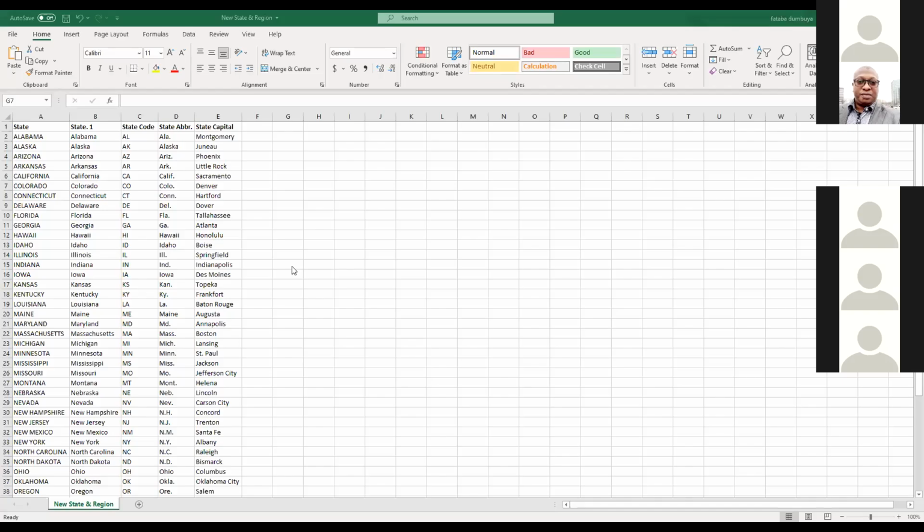Is this what you were referring to, Dada? Yeah, the other one that has a region. This one has a state, state code, abbreviation, state capital, fine. So the other one that has a region, let's look at it.